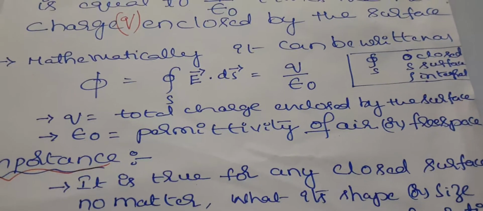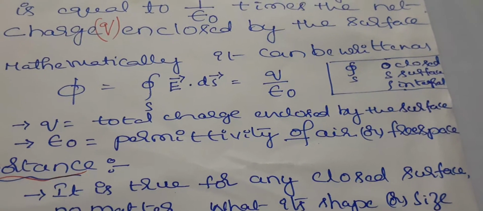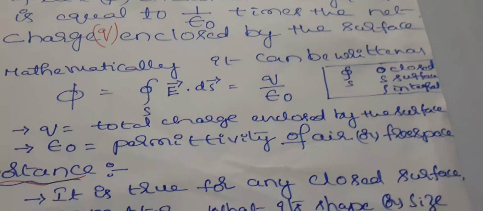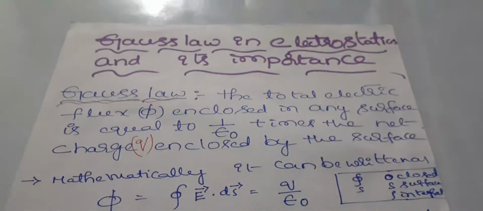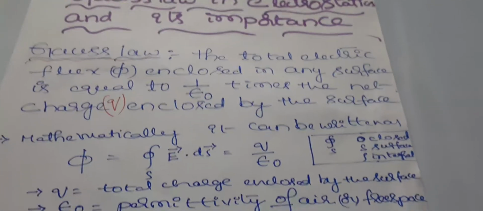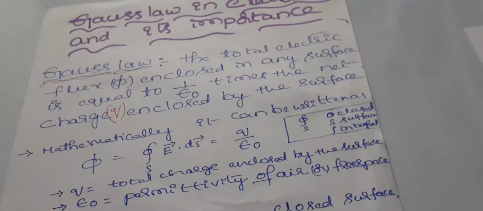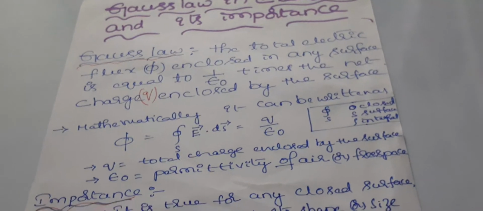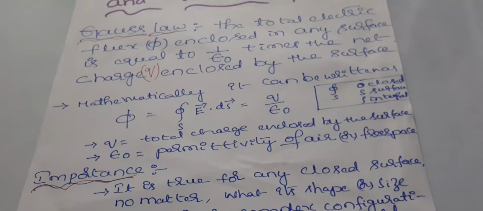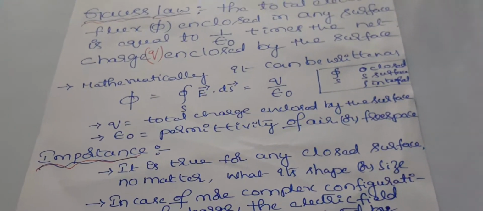Now we are going to derive, to show that phi is equal to q by epsilon naught. This is the proof, but for this question the proof need not be written; still, we want to learn it. So how can we show that phi equals q by epsilon naught? Phi is equal to the surface integral of E bar dot dS bar, equal to q by epsilon naught, students.